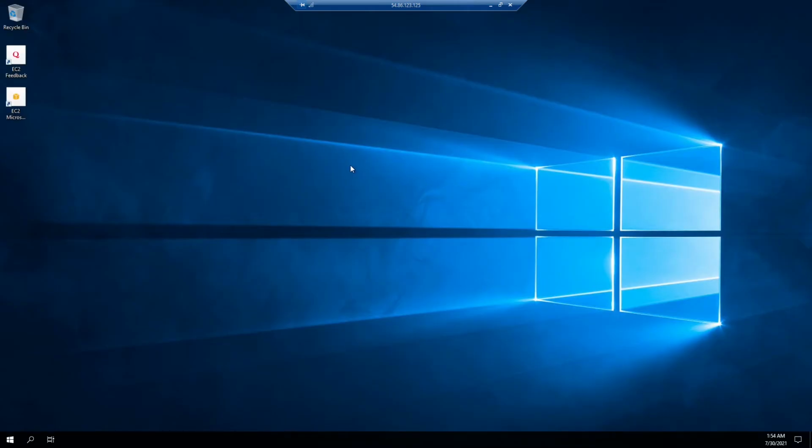It will take a few seconds to go inside the server. So that's it. This is how we need to connect to a Windows instance.